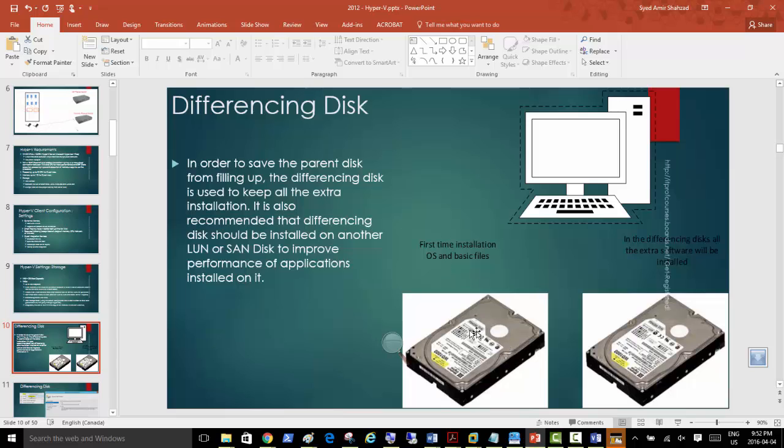But you have a fear that it's going to fill up. Just to save that filling up, and just to save from extra daily modifications that are being done and saved on the same hard disk, you add a second disk, but you have to go through the wizard of differencing disk. So as soon as you install the second disk through this wizard, any new software is automatically going